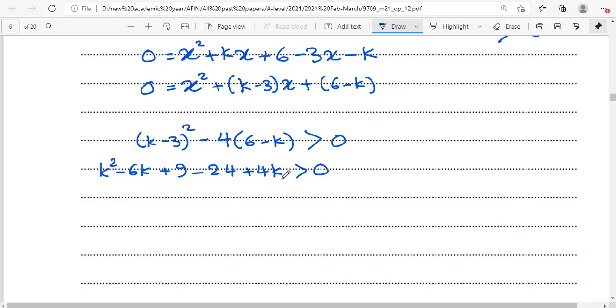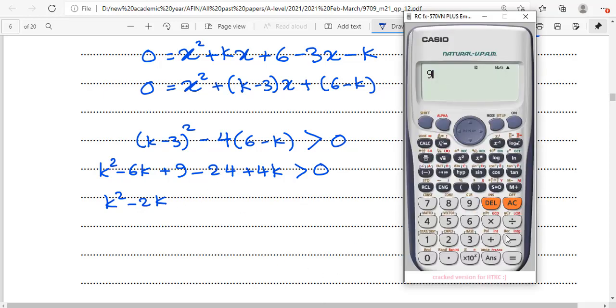Now let's simplify the like terms together. K squared has no like term, so it stays as k squared. Then negative 6k and 4k will be negative 2k. 9 minus 24, 9 minus 24, these are the places where you make silly mistakes. Negative 15,